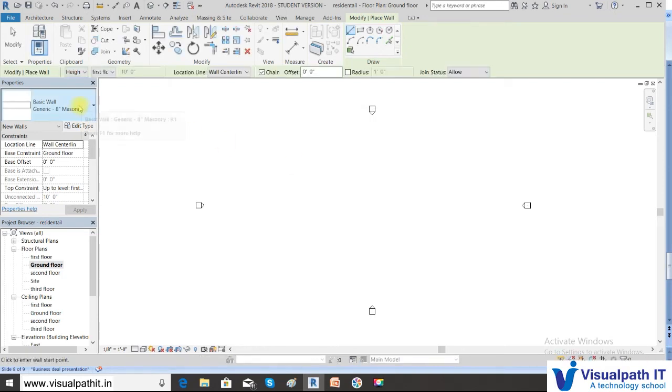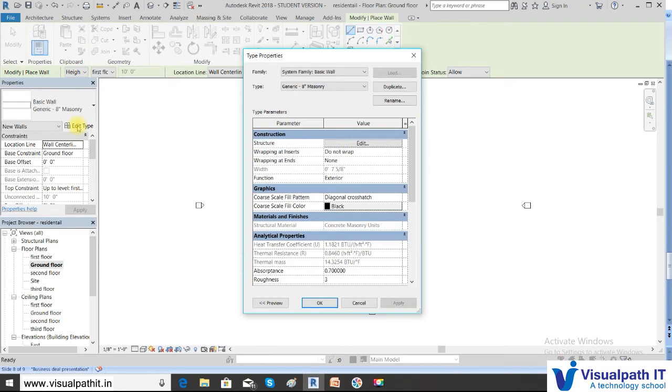Once you set that, and once you define this is 8-inch masonry, before that we need to define, we told you we'll create a 9-inch wall. So in order to create a 9-inch wall now, click edit type. Click the edit type button. So the type property box opens. Always take a duplicate of it. Take a duplicate, click duplicate. Here you type the name first, say 9-inch masonry wall. The name can be anything, but 9-inch I am referring it as a reference for me.